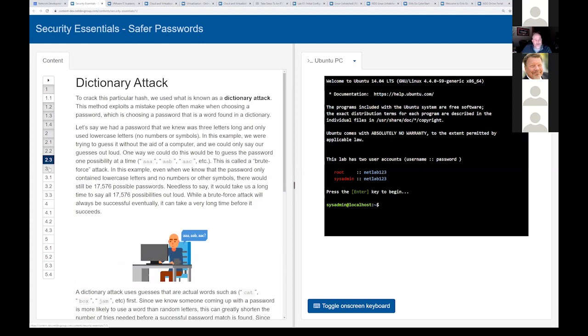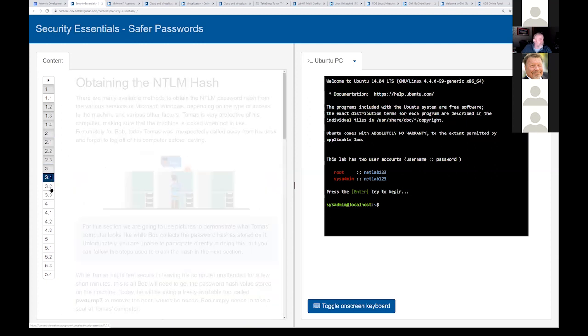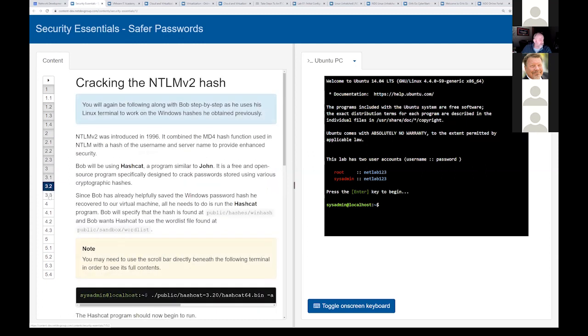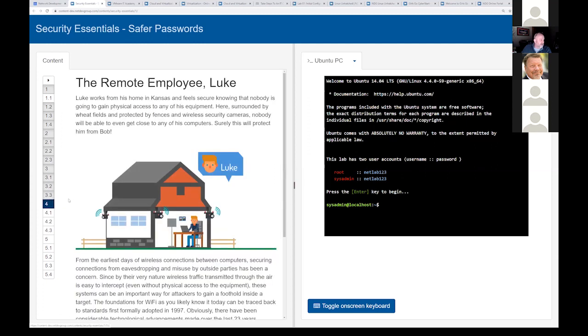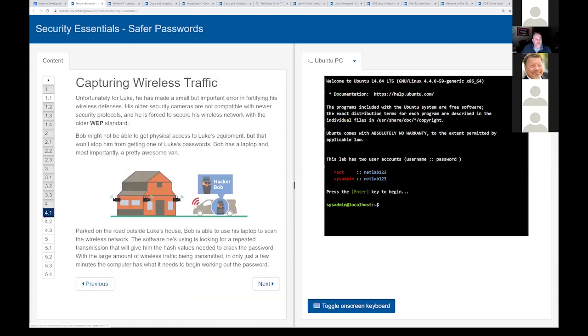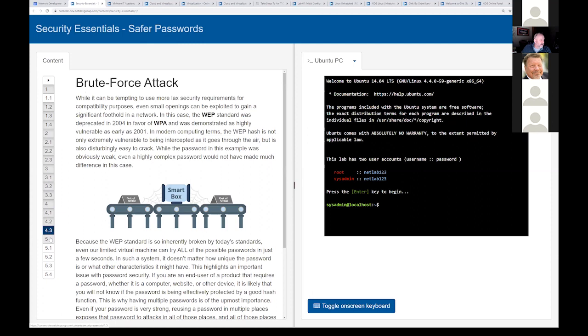Now, our intent is not to turn a bunch of teenagers or individuals into hackers. Obviously, our intent is to get people to understand it's not rocket scientists that are cracking and getting access to your phone or something else. You really need to use two-factor authentication, and you need to use complex passwords because the software can actually crack your password really quick. And we want to see how easy it is to do that. And we give several scenarios.